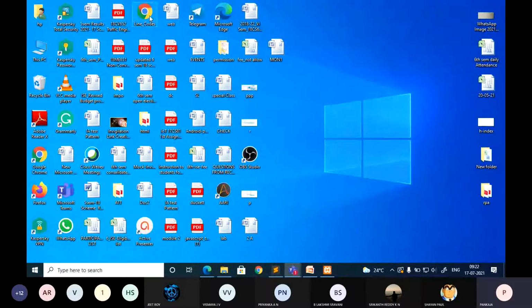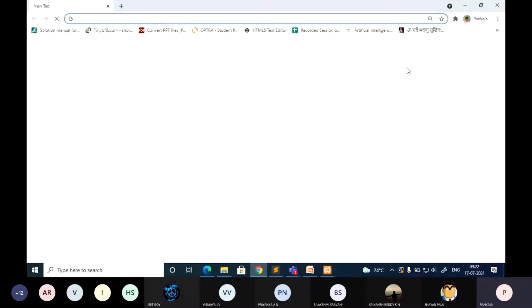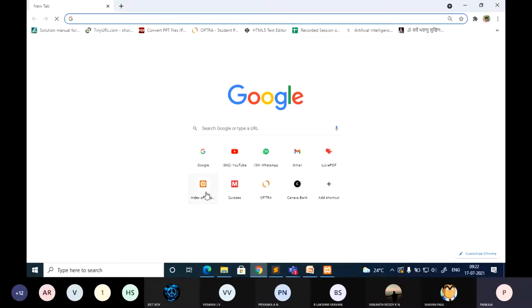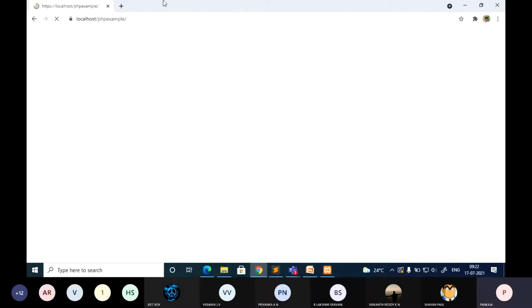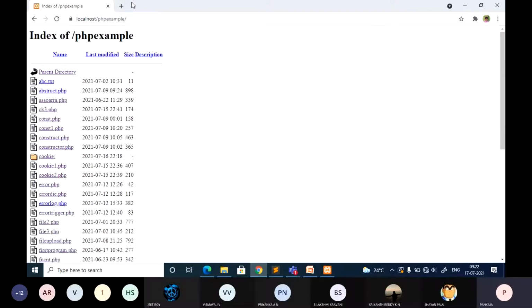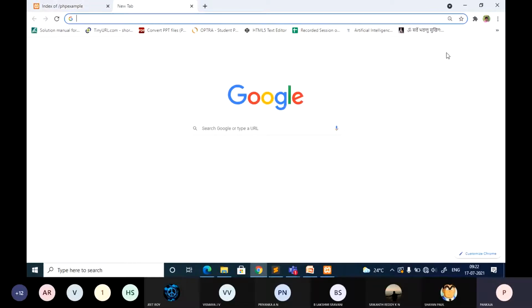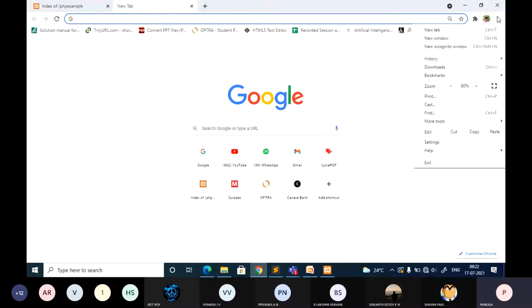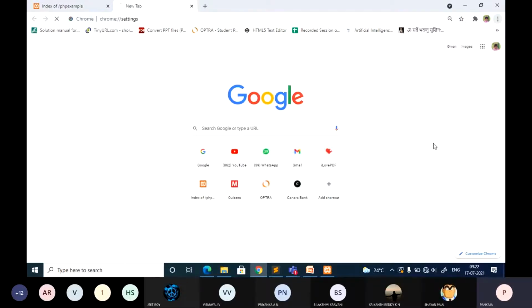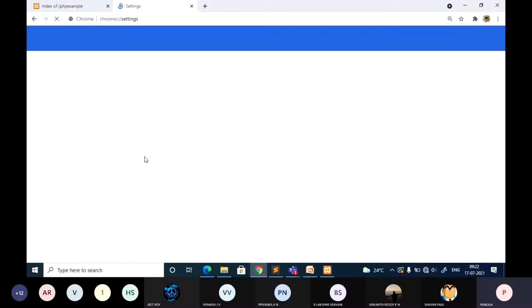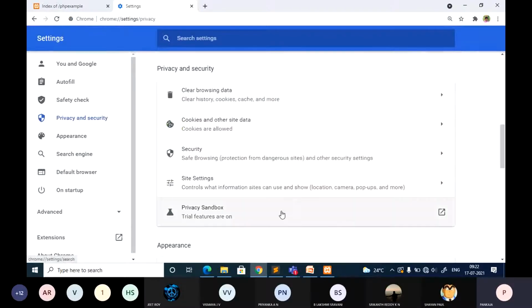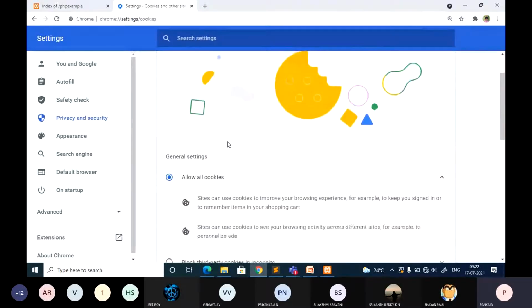So once again you just open the browser. Now before going to the program, first you need to check whether that cookie is existing or destroyed.